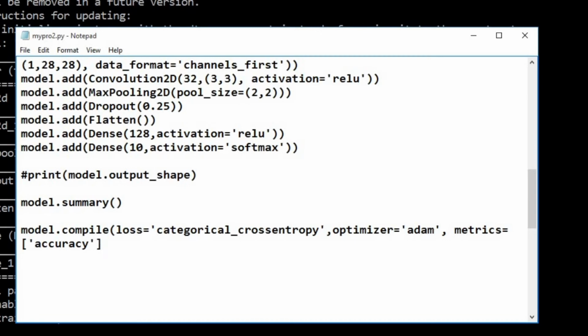Well, there are two types of optimizations, gradient descent and Adam. Adam optimizer performs better in most of the image processing applications. We use Adam only here. Now the metric to be used for estimating the gradient descent operation is accuracy.